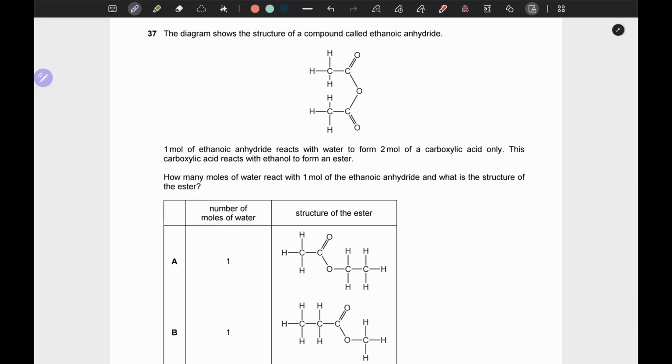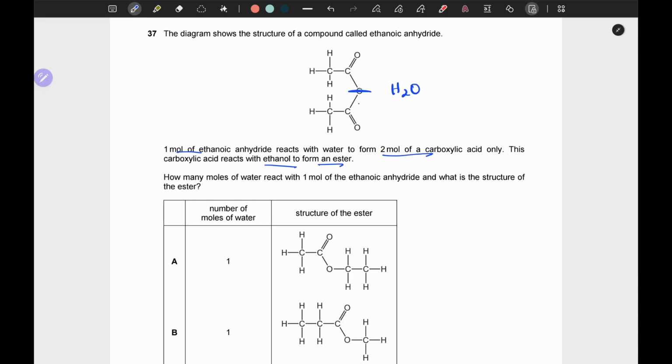The diagram shows the structure of a compound called ethanoic anhydride. 1 mole of ethanoic anhydride reacts with water to form 2 mole of a carboxylic acid only. This carboxylic acid reacts with ethanol to form an ester. How many moles of water react with 1 mole of ethanoic anhydride, and what is the structure of the ester? So if you look at this part, if we separate the two parts like this, we can think of this as one carboxylic acid and this as another carboxylic acid. So essentially what happens is when you add water,